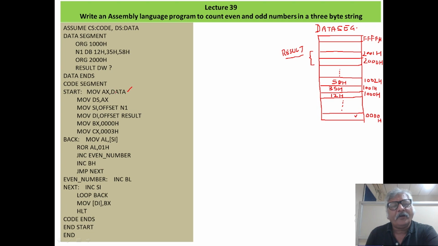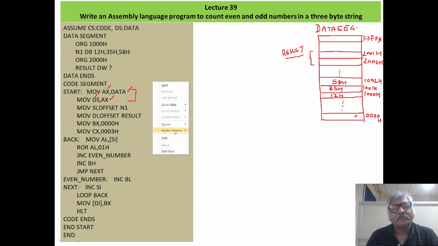Here the value from where our data segment will start is loaded in the AX register, and in the second instruction that value will be transferred to DS, the data segment register. So with these first two instructions, our DS register will be initialized. Okay.